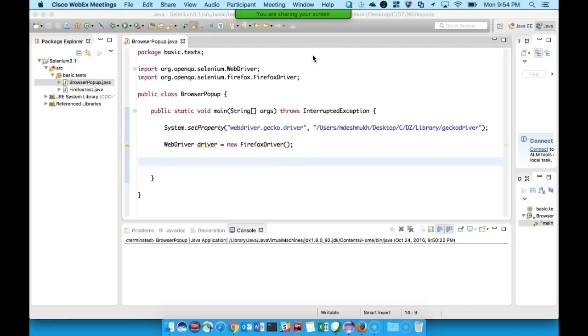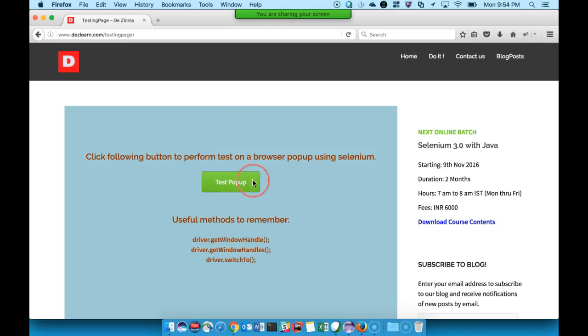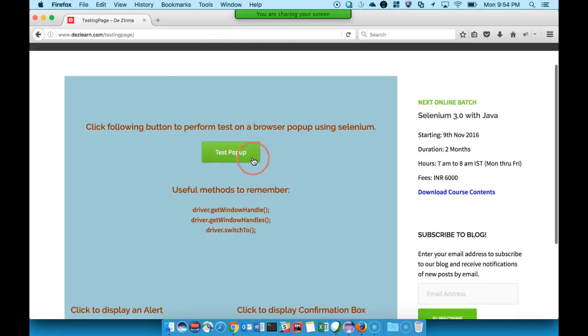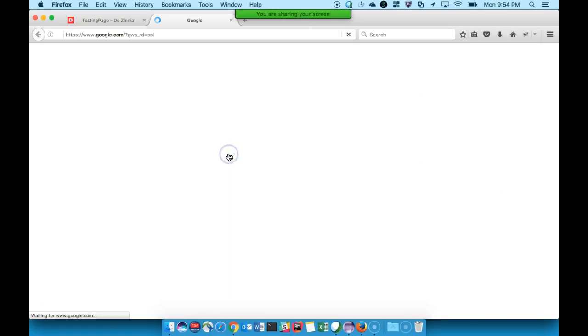In this session, we will be seeing how to handle the browser pop-up. Now, when I say browser pop-up, during testing, we encounter a thing where, for example, in this case, if I click on a button or a link or do some process, the page does not navigate on the same page, but it creates a new pop-up browser.